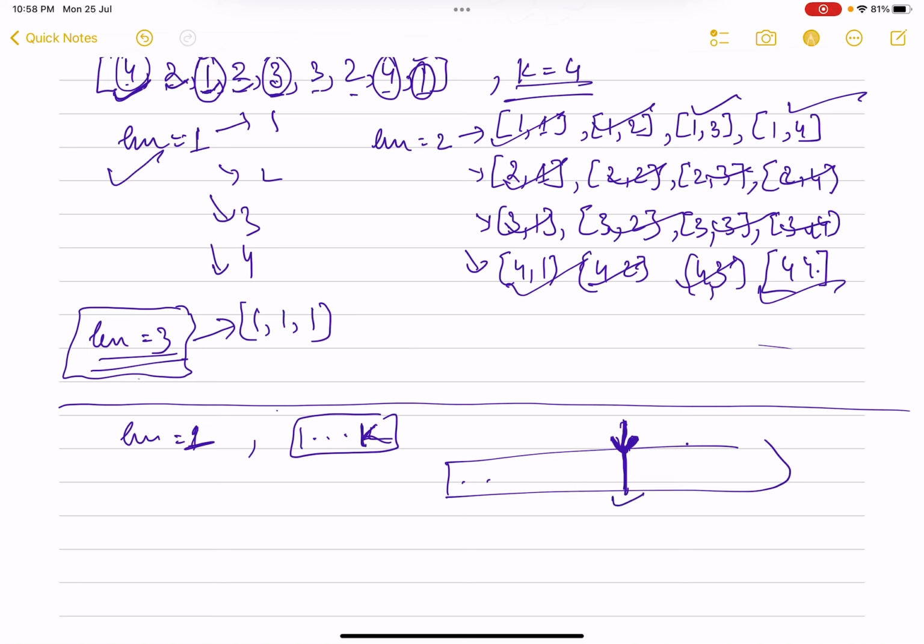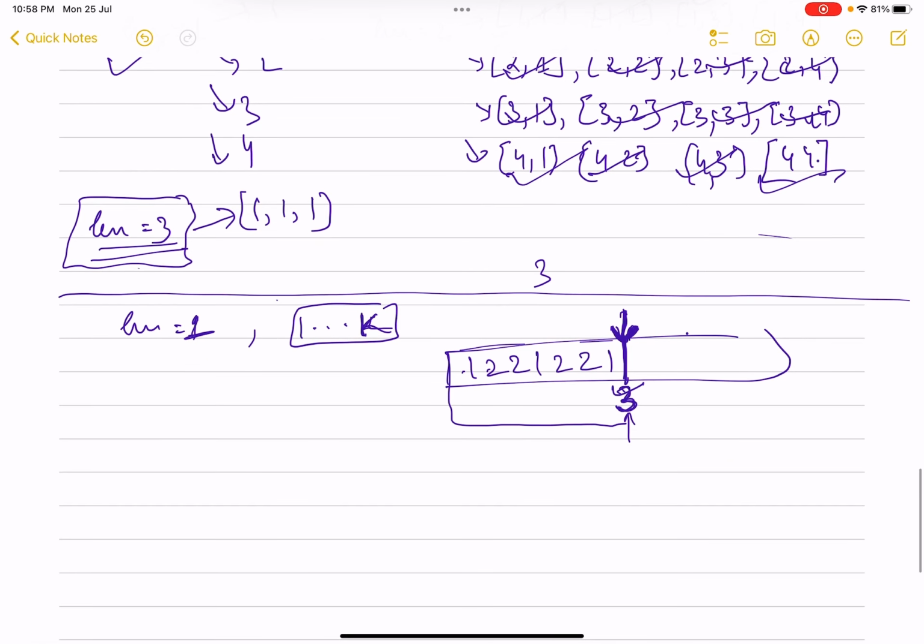Like for example, suppose k equals to 3. So I have 1 2 2 1 2 2 1, and here I get 3. So I take this position because here this is the first position where I am able to get at least one occurrence of all the numbers from 1 to k, right? So this is the position. Now I am at this position.